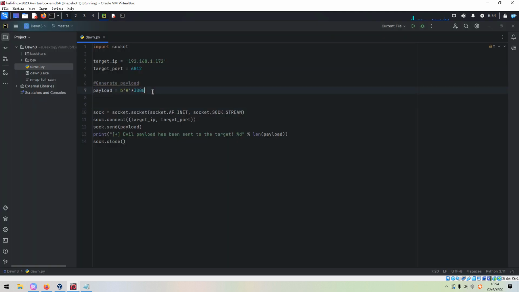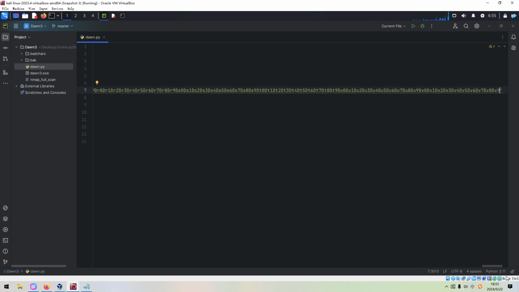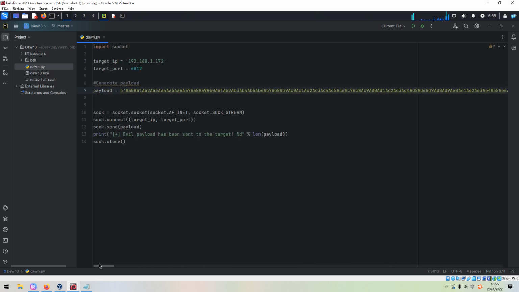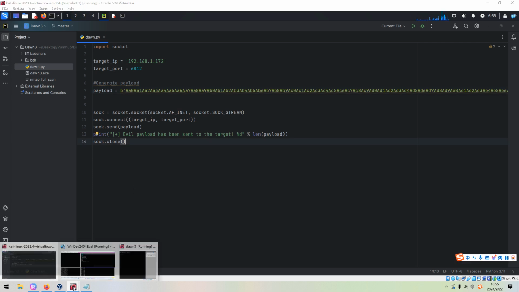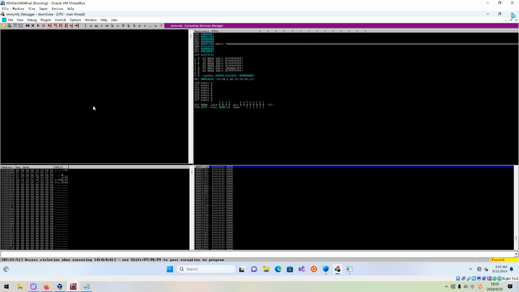So how to do it? We can replace the A. Okay, it's done. Now we can save. And now we need to restart the emulator debugger.